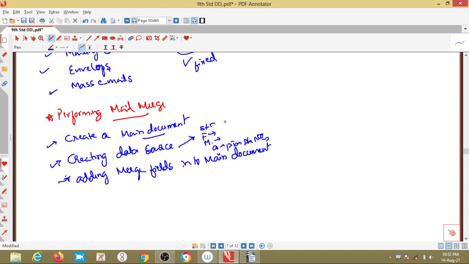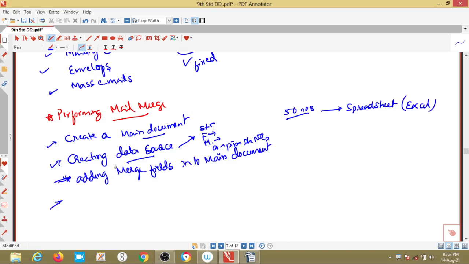If there are 50 students, those 50 students will be saved under these headings in a spreadsheet, that is, in Excel. How we will insert them, we will come to know later.